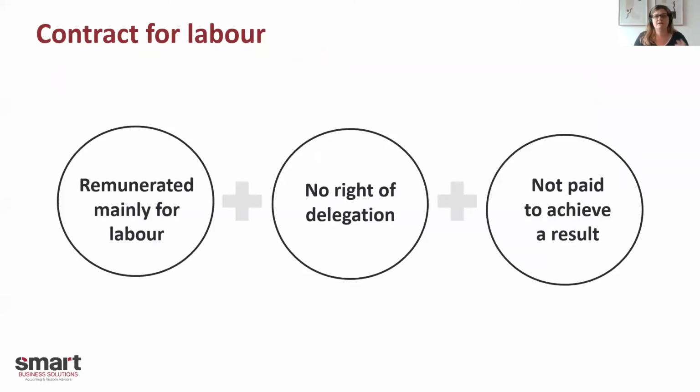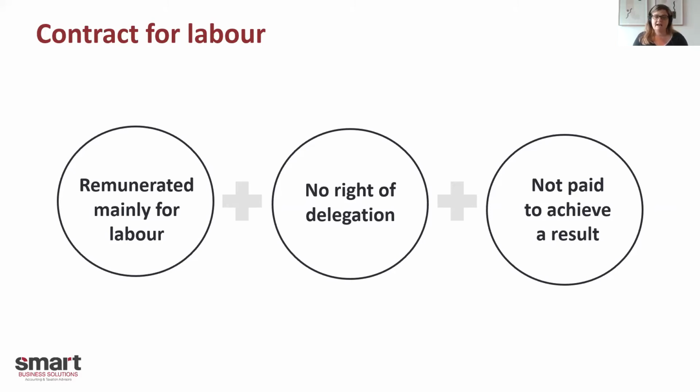So what do we mean by a contract for labour? It's where they've been remunerated mainly for the actual labour they've provided. The ATO says that if more than half of the value of the contract is for the person's labour, which may include physical labour, mental effort or artistic effort, then it is generally treated as remunerated mainly for labour, and therefore should be a contract for labour and have the superannuation